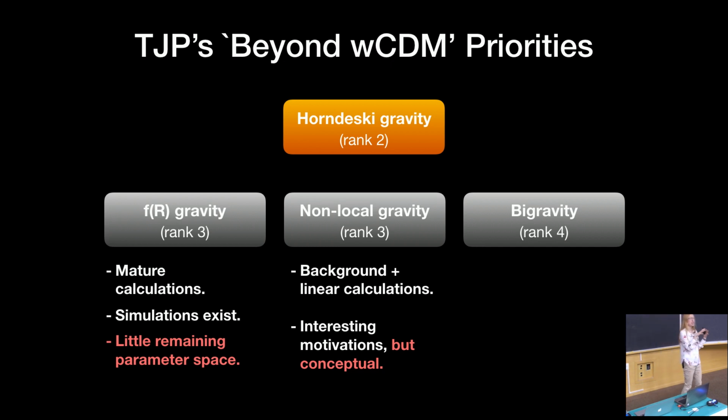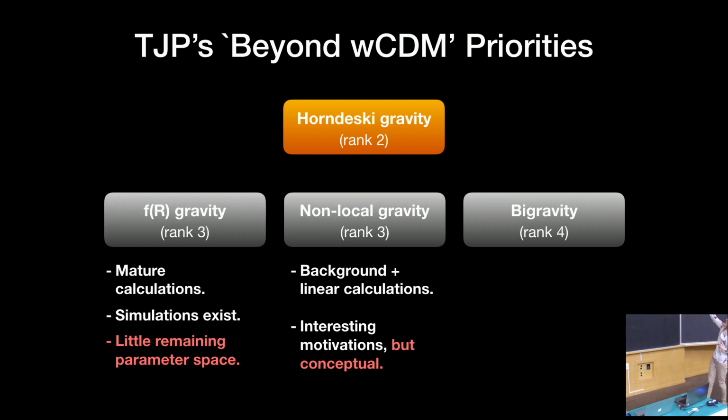And the claim is that when you average that kind of thing over a macroscopic region to do classical physics, this is the kind of correction that can occur. Now, obviously, we don't have a theory of quantum gravity, so that's not a proven statement, but there are arguments in that direction. So it's really interesting, but on slightly unproven ground, and at the moment it only exists in the form of background and linear calculations. There is an embodied code underway, but it's not publicly available yet.